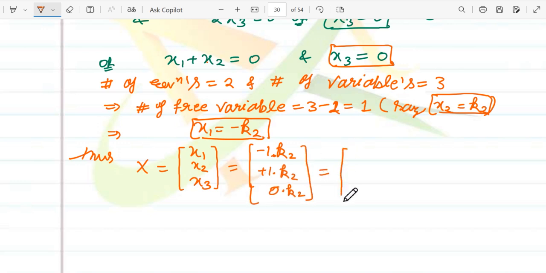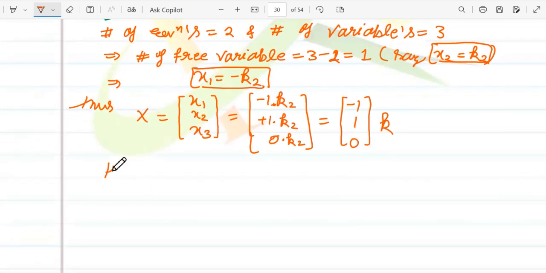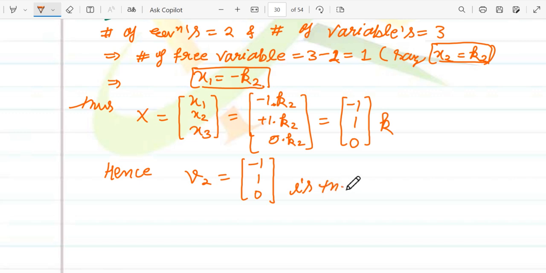It means minus 1, 1, 0 into k2, and hence v2 is equal to minus 1 1 0, which is the eigenvector